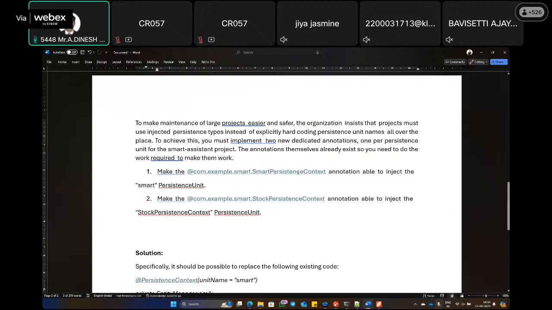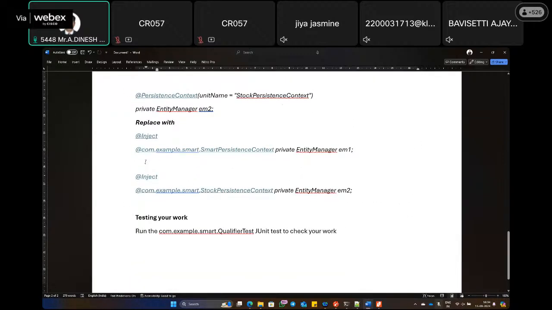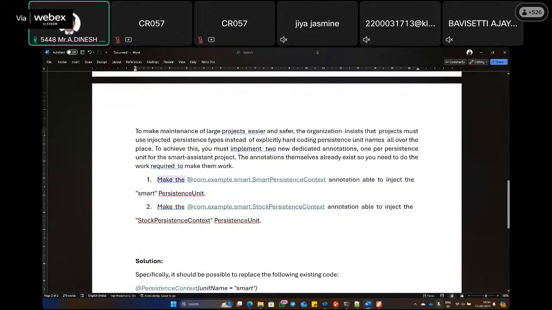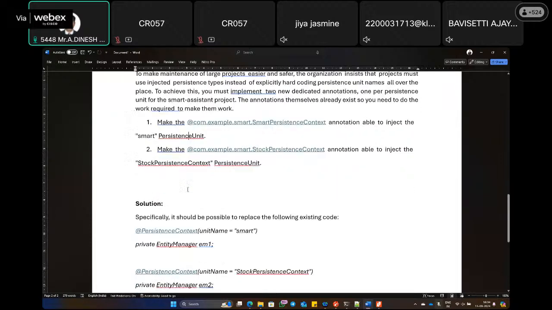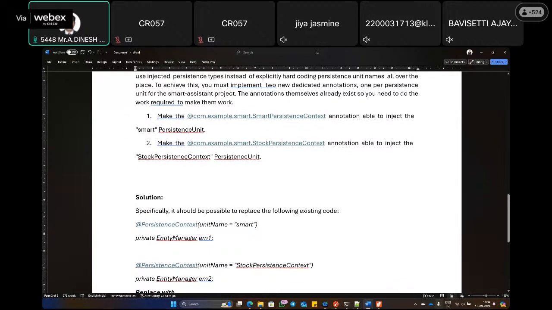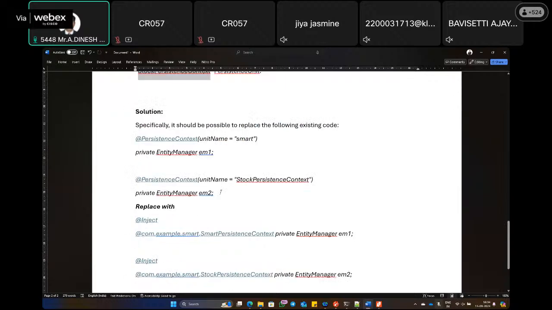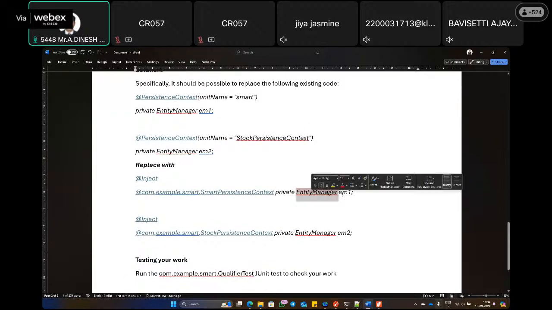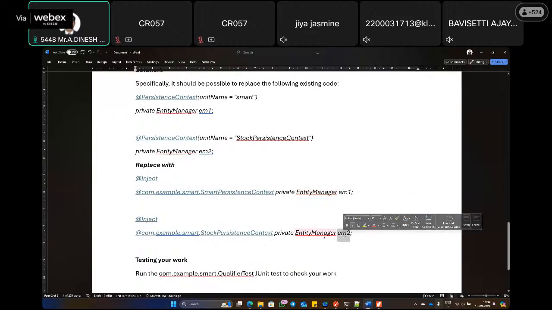com.example.smart persistent context. Here, I'll just put the same annotation. What is there in the question is that you can put that annotation before the smart persistent unit. Okay, so in the smart persistent class and stock persistent class, you have two entity managers, EM1 and EM2. So within that,